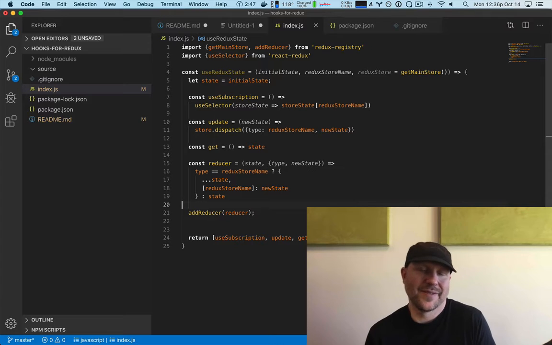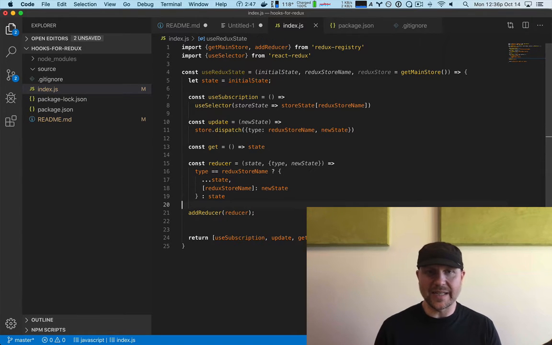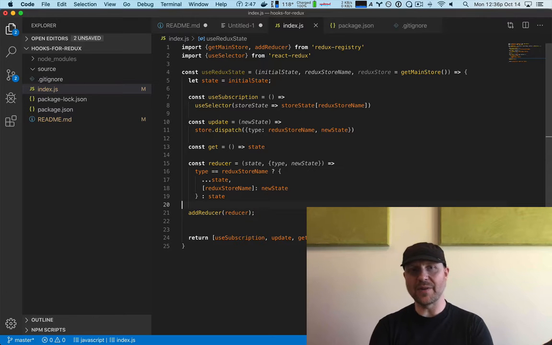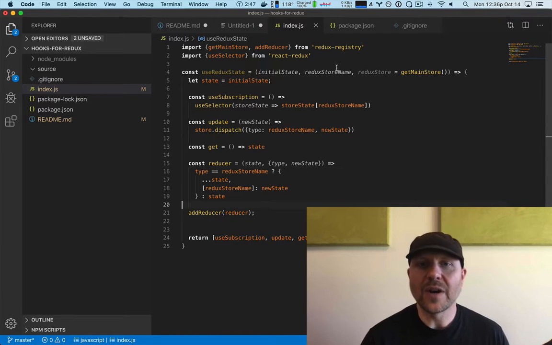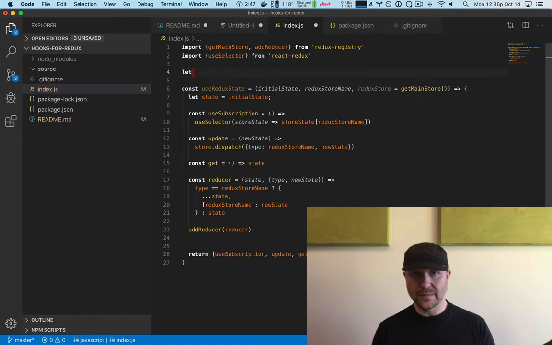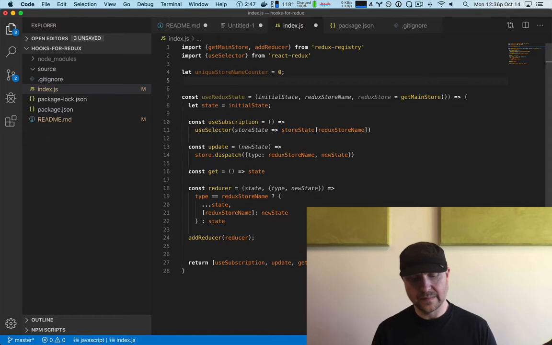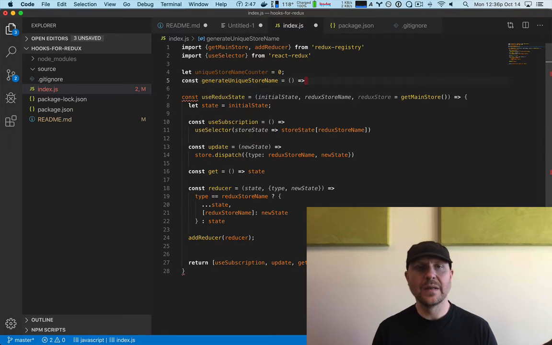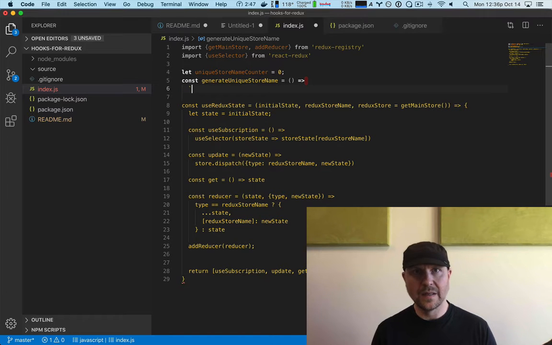It's just JavaScript. The question mark colon is kind of ugly syntax, but it works. So if the type is the Redux store name, then we're going to immediately apply it. Let's do our automatic Redux store name. We're just going to call it